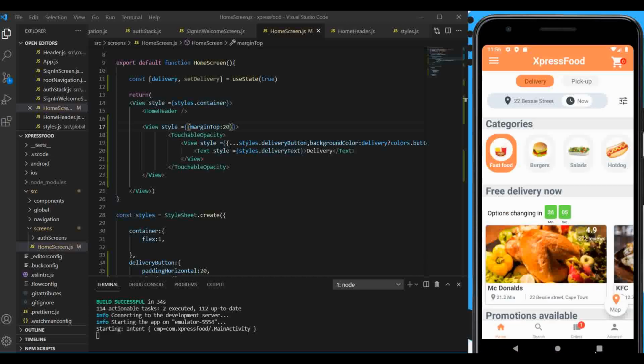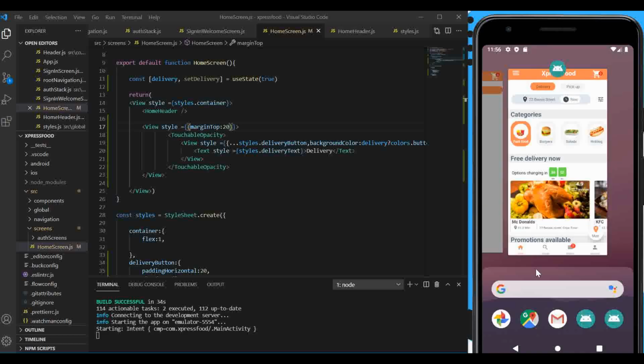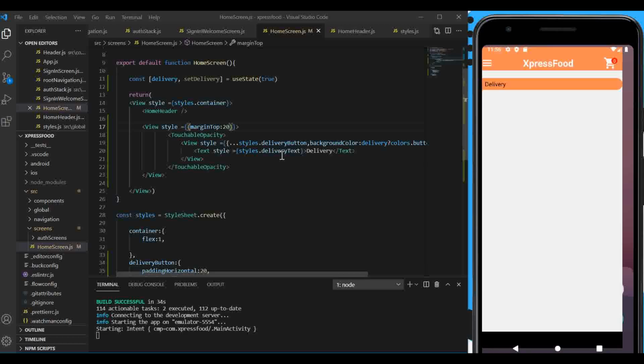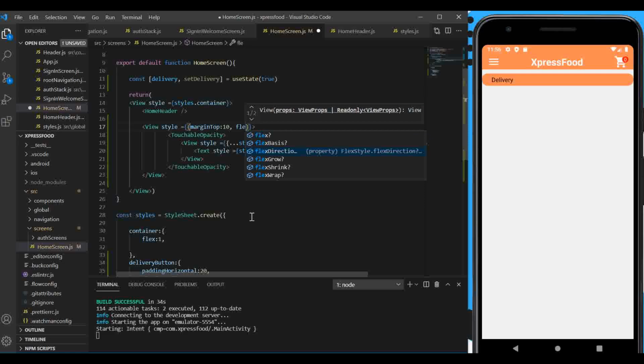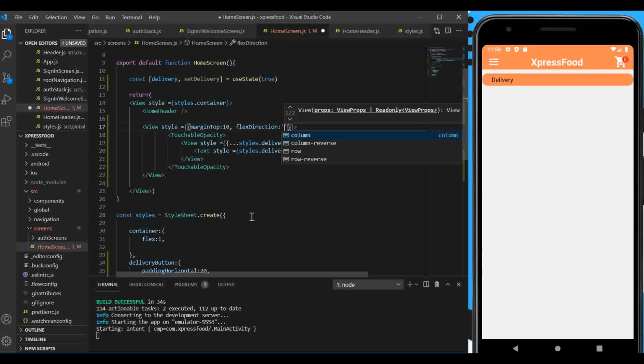Okay, 10 is kind of a lot for what we need. I'm gonna give it 5. No, I did pass 20, so 10 should be fine. I did pass 20, so 10 is okay. Okay, that's fine. Now I'm also going to pass some flex direction. I'm going to say just gonna be a row, of course,